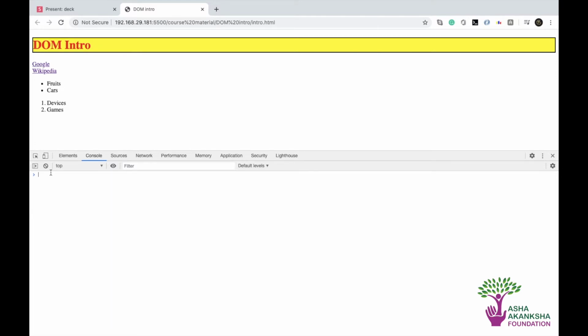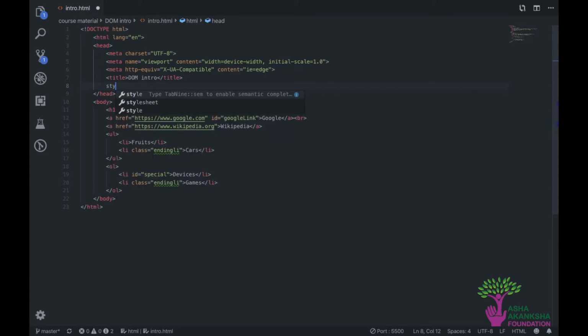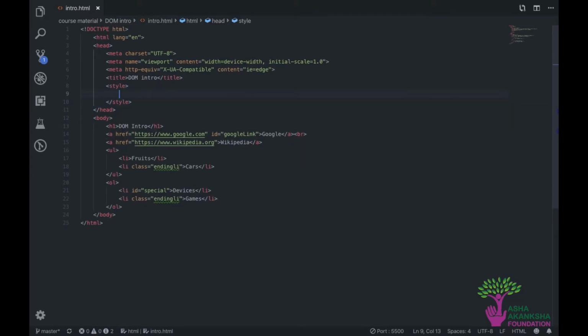So the style thing is basically over, right? Which is the class list. If I see the class list inside of this h1, I see this is just an empty DOM token list with length 0, and it has nothing right now. So what this is useful for is that I can make my style tag here. I'll not make a style sheet for this one, right? And I can define a class, say,